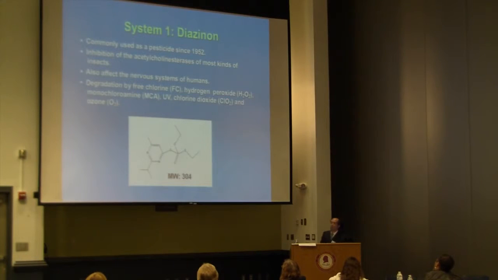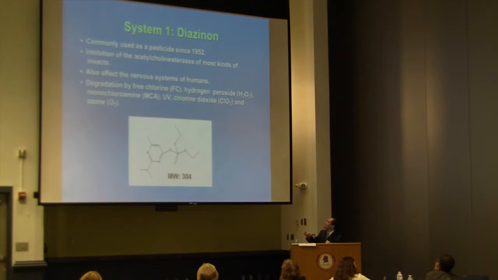And by inhibiting this enzyme, some of the insects will be killed. However, this pesticide also affects the nervous system of humans. And